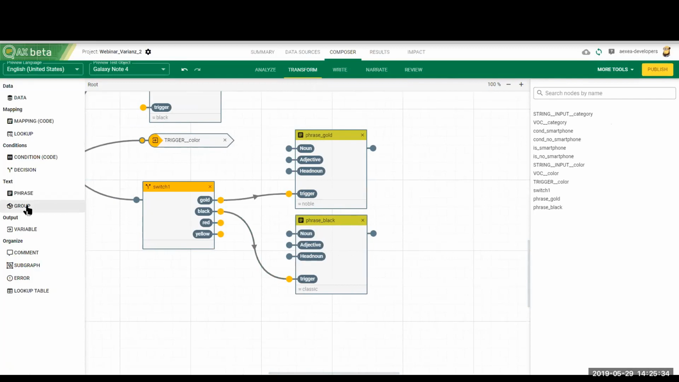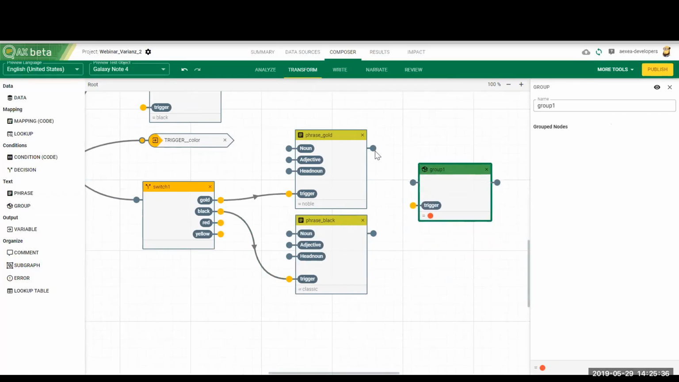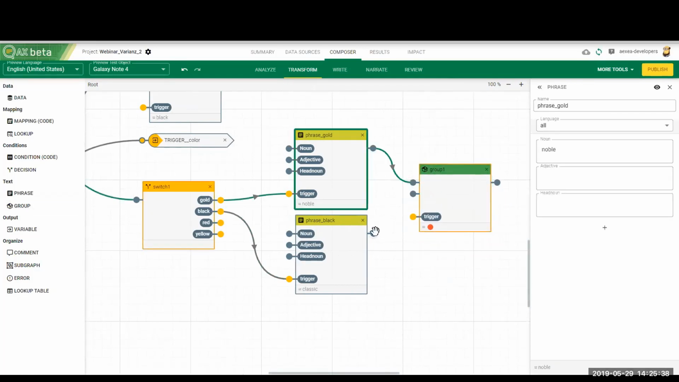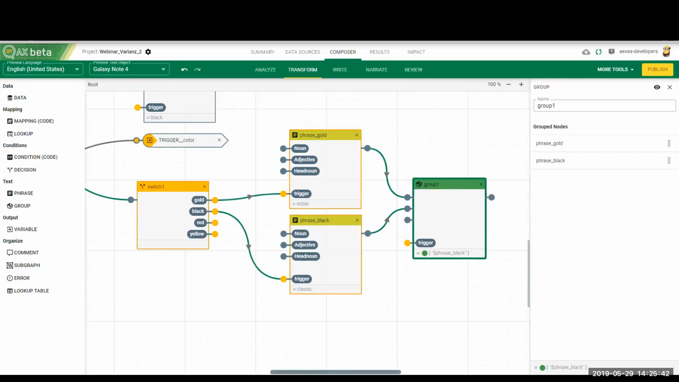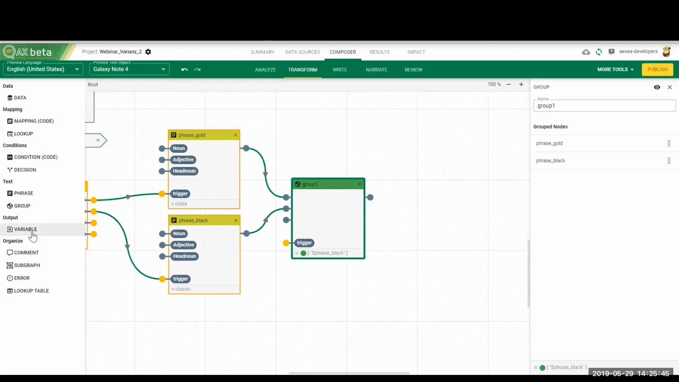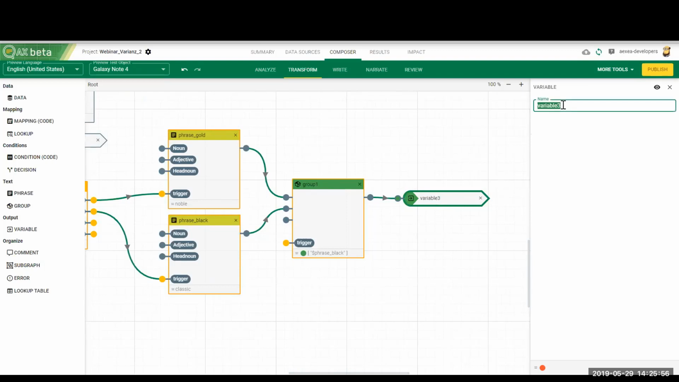Then I have to recombine them so I can put them in the same spot in a group and mark it as an output. You see like this, the phrase variable isn't found in the writer anymore. You have to add this variable. So it's enough if I rename this. It's var color phrase like this. And now I can